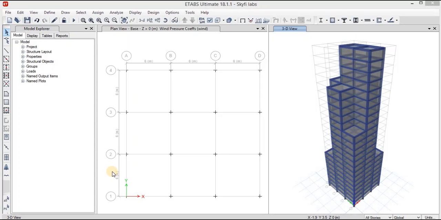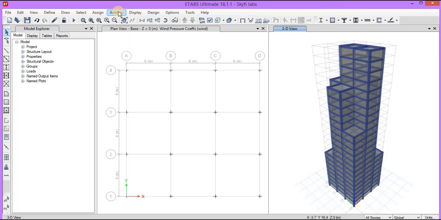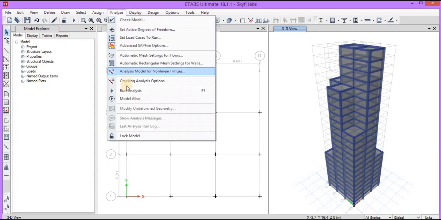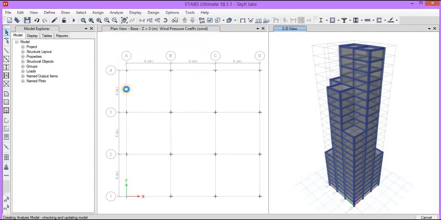So now all the material properties, section properties, load patterns and load combinations were defined, and now we will carry out the analysis program. Wait for some time. Since the building is of 23 stories, it will take some time to carry out the analysis program.